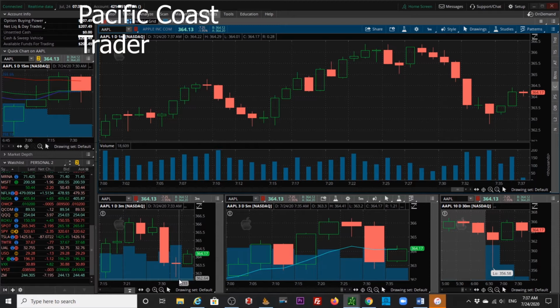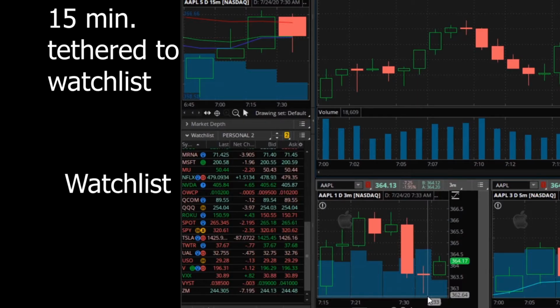That's the TOS. The first thing you're going to see is I've got a 1 minute at the top. Then I have bottom left 3, 5 minute in the middle, and I think there's a 30 on the right-hand side. On the left, at the very top of the panel, it's going to be my watch list, and on top of that I'll have my 15 minutes set up. If I'm in a trade, I'll use that also for my 15-minute chart,